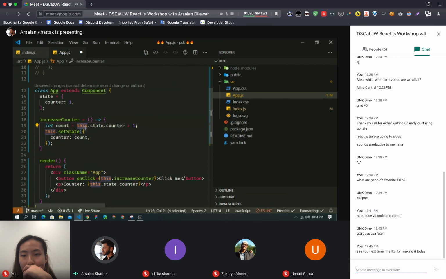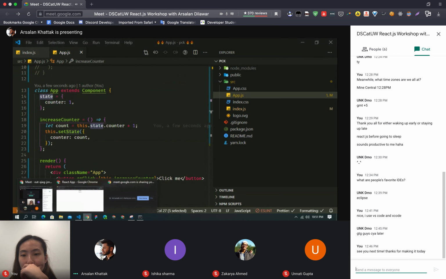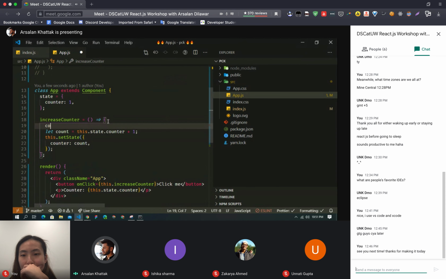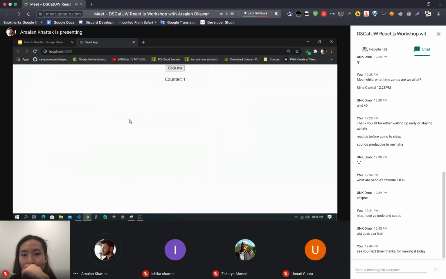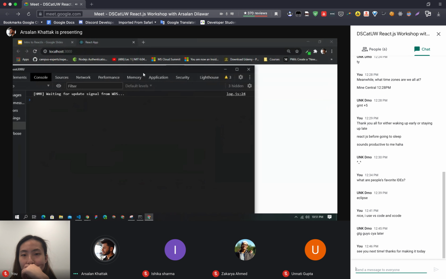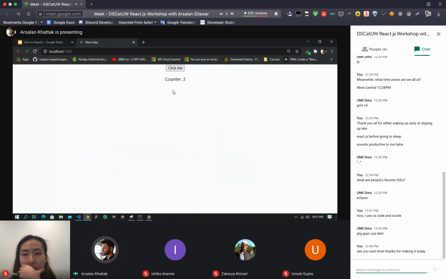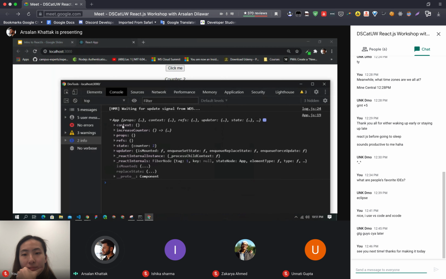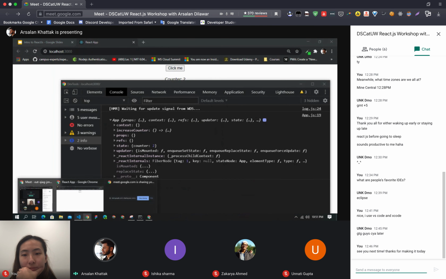This is something to do with how the this keyword works. That is why we need to go with this method, which is an ES6 function. So now this.state means this state, and I can actually show you that here. So console.log(this) and save it, and now let's get back here. If I click Click Me, you can see I have this App, which is that function.